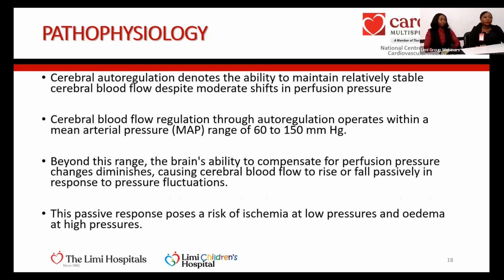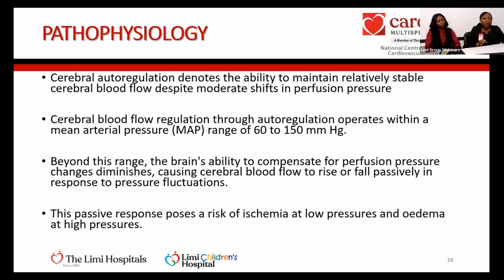So normally in the brain, there's something we call cerebral autoregulation, which denotes the ability to maintain relatively stable cerebral blood flow, despite moderate shifts in perfusion pressure. There's that autoregulation within a particular range, so that it can control the brain's activity. No matter what the blood pressure is at a particular period, as long as it's within that range, there's good blood flow to the brain. And once there's good blood flow to the brain, there's good oxygenation, and we don't have any issues. Beyond this range, and that range we're talking about is a mean arterial pressure of 60 to 150,